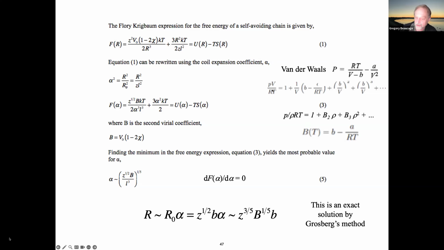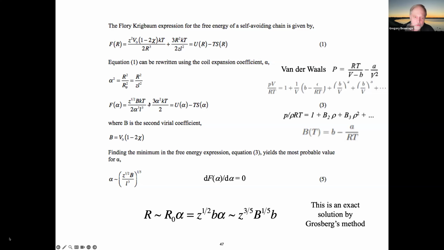Then you get kind of a universal equation for the free energy that can describe the Gaussian, the expanded, and the collapsed, because these terms drop out at the different alphas. So if alpha equals 1, you're at Gaussian. If alpha is bigger than 1, then you're an expanded coil. And if alpha is less than 1, then you get a collapsed coil. So basically,